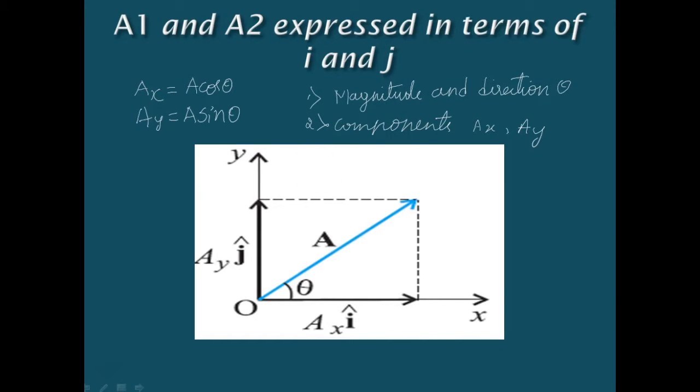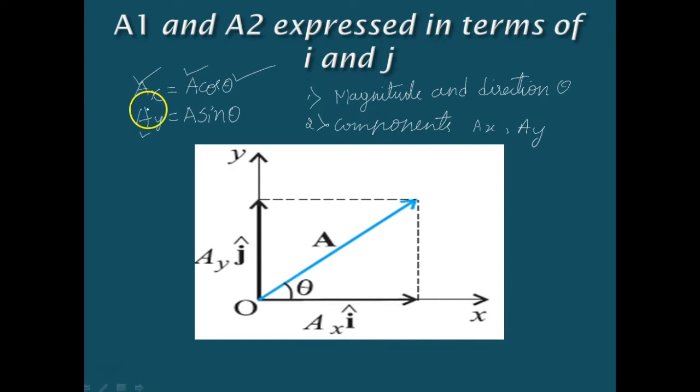If A and theta are given, ax and ay can be obtained by using the equation that is written here. Ax is equal to a cos theta and ay is equal to a sin theta, isn't it? If you know the value of A and if we know the value of theta, we can find the value of ax and ay, isn't it? Is that difficult? No, right? When we know two unknowns out of three, we can find the third one.